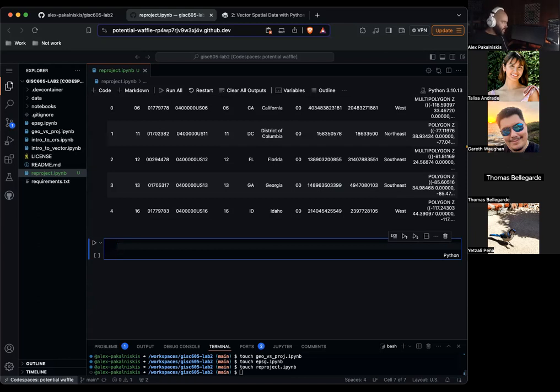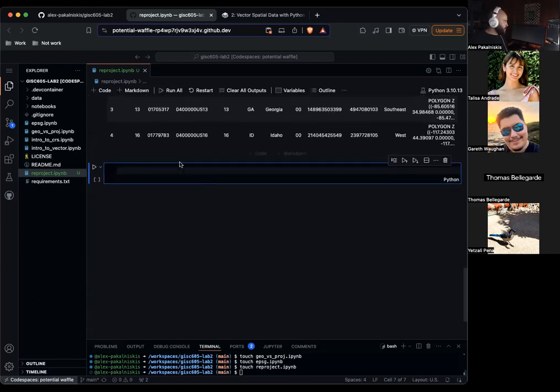So now let's plot this data. So we'll do fig, ax equals plt subplots, figsize equals 12 by 8.